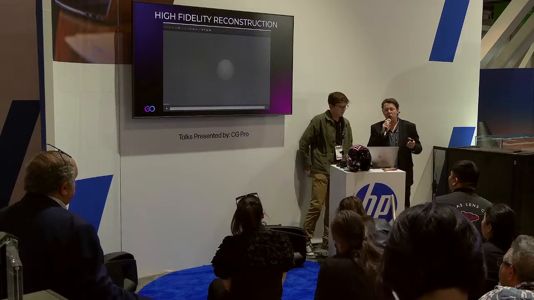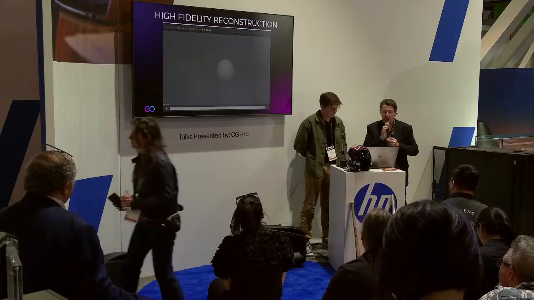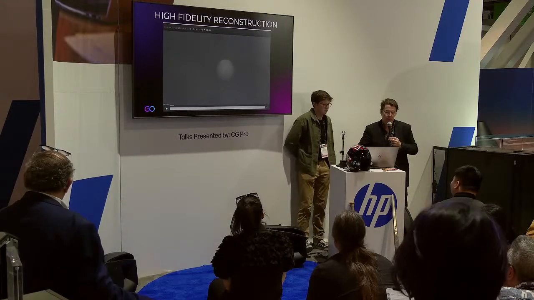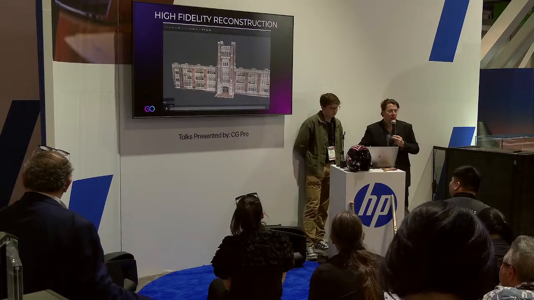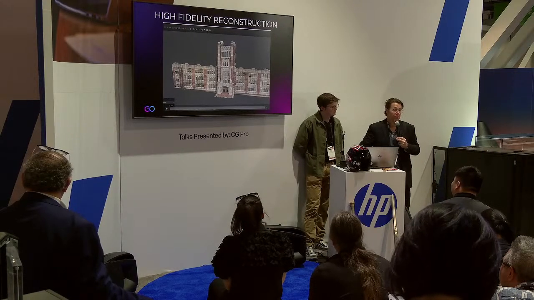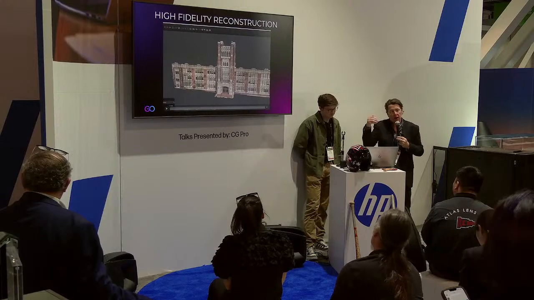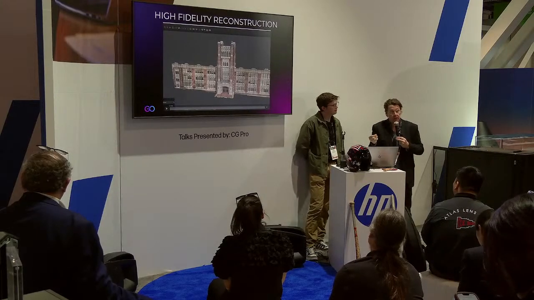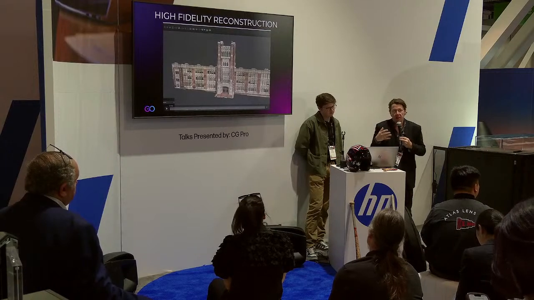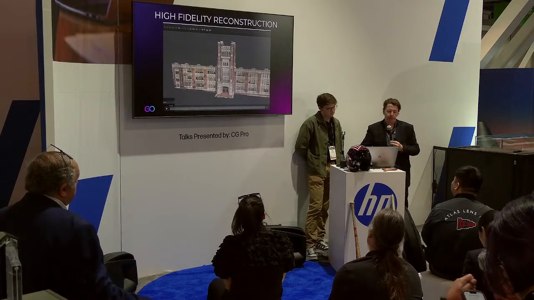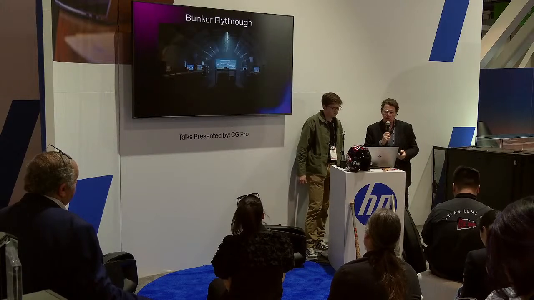Yeah, so after that, there's a whole cleanup process that has to happen where you take the high resolution mesh, because this mesh, as you can see, is millions and millions of polygons. And we have to distill those millions of polygons down into something that will run in real time. And so we take the high resolution data, we bake it down to a lot of texture data, so the meshes are not as heavy, and they can still carry the same amount of detail moving forward. When we do this, we then move into